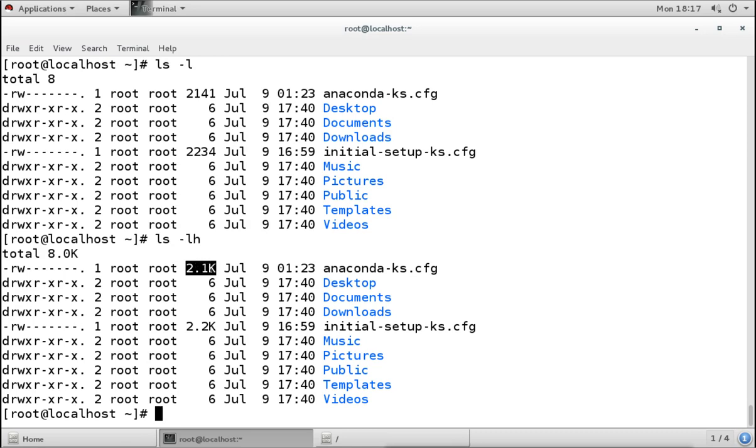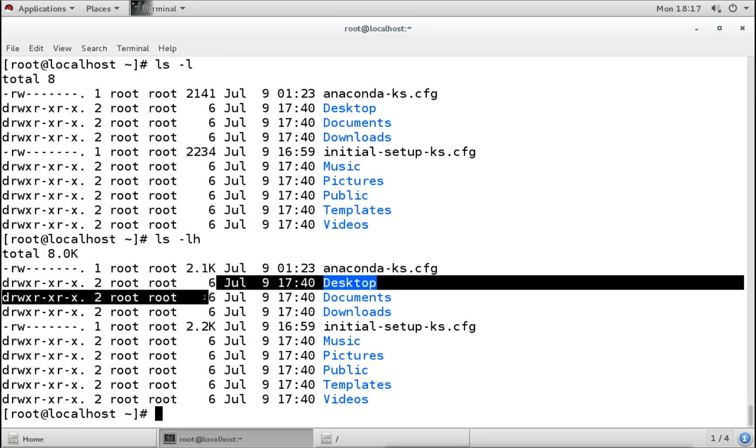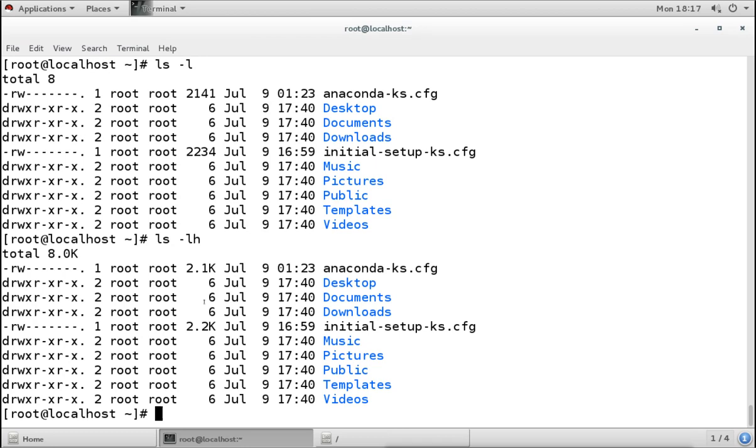Now these ones are less than KB, so it is not showing any KB there, and this is 2.2 KB. So normally when we run the ls command, it will not show you the size in human readable form. The size we can only see when we use the L option. If you don't use the L option, we don't see the size.